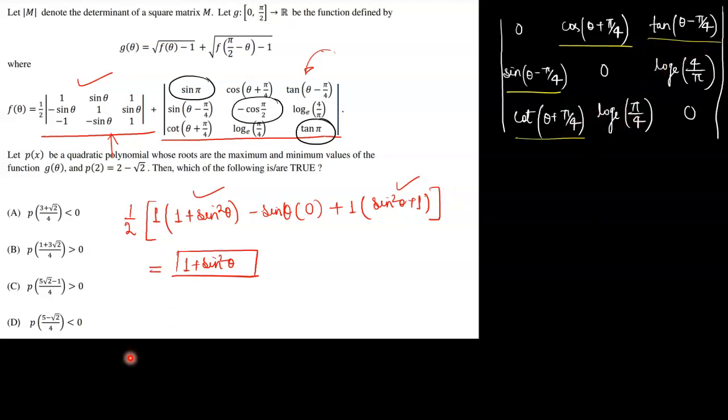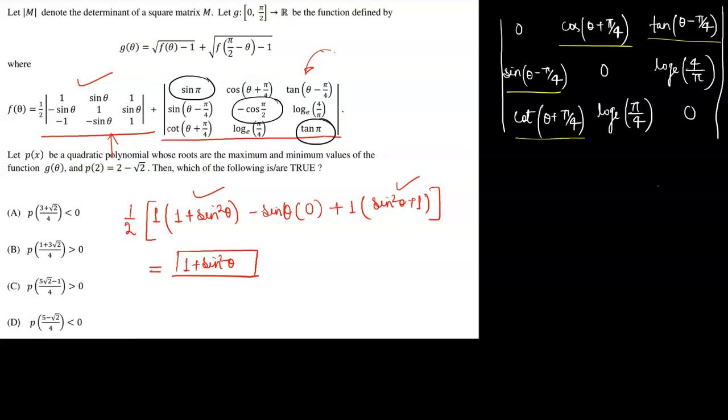And again, we have log 4 by pi here, log pi by 4. There is a difference of only a minus sign here, so these both terms are also the same. So it seems it is going to simplify on expanding this determinant. So that's why I'm just simply expanding this determinant. Okay,